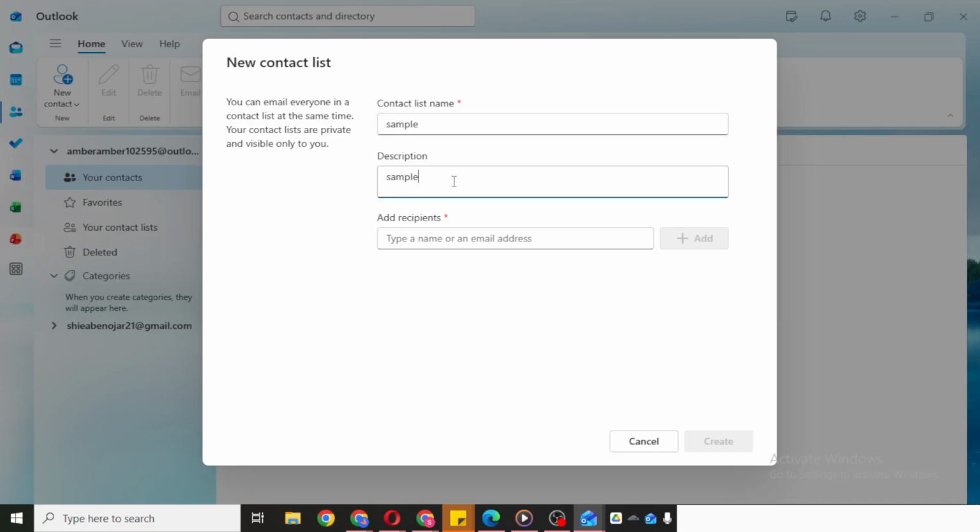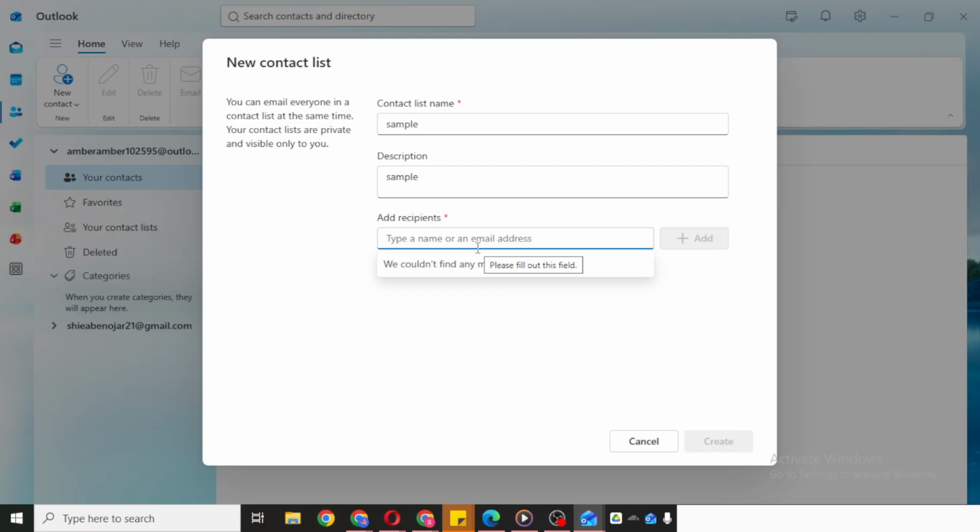Now, enter the list name, the description, and the recipients. For the list name, choose something clear and easy to recognize so you can find it quickly later. The description is useful for adding a little context about the purpose of the list, especially if you plan to create several lists over time. Then add the recipients you want included in the group. Be sure to review the names or email addresses carefully so the right people are added. A well-named and accurately built list saves time and helps prevent sending messages to the wrong contacts.